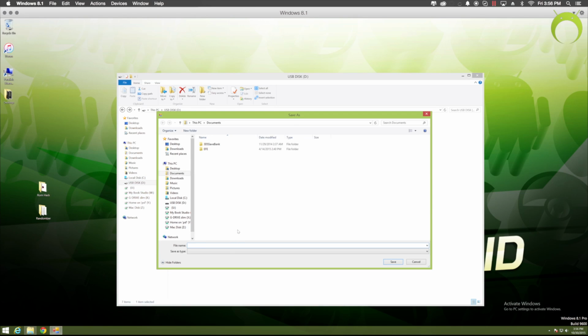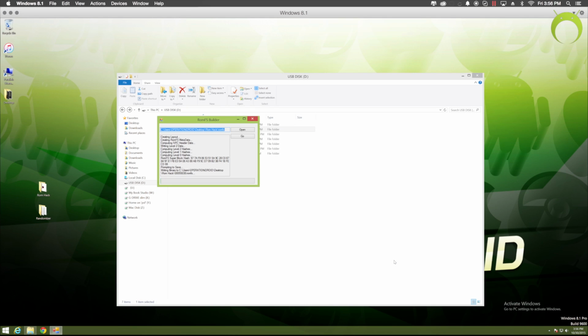I'll have it linked in the description just in case you're not exactly sure. Make sure to capitalize any letters that are in the name. This is extremely important. And finally, once you paste in those last 8 digits, you're going to end it off with .ROM-FS. And once you have that, you can go ahead and save it into that same ROM hack folder that we've been working with this whole time, and then just hit save. And it'll begin to save your file.